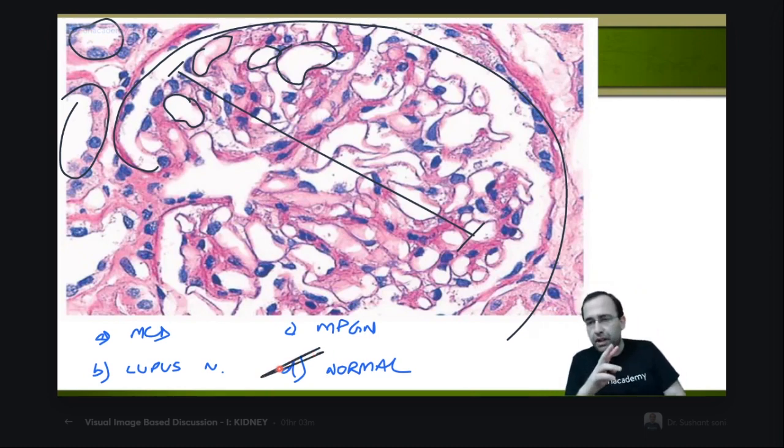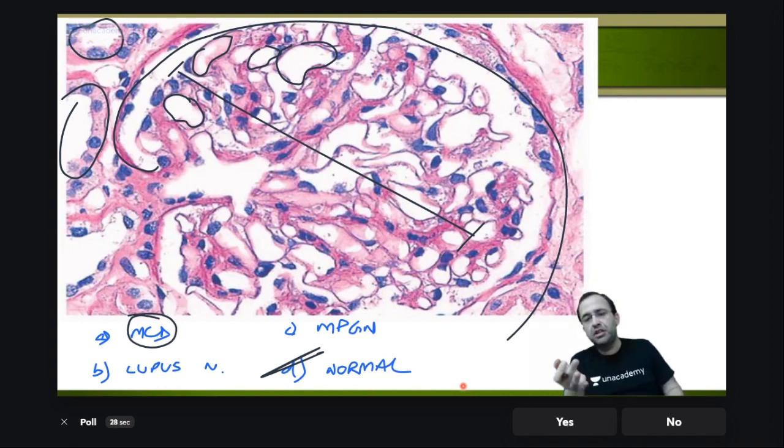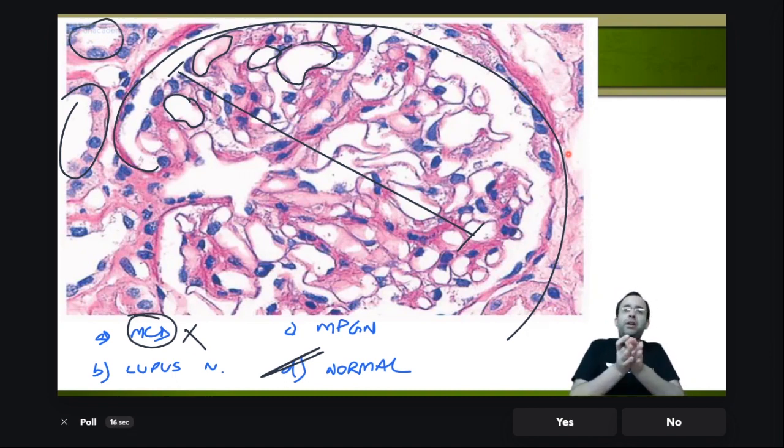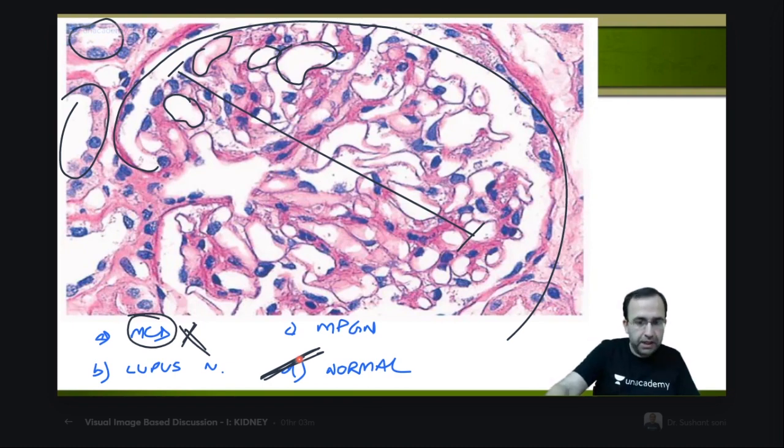I had few students tell me the answer as MCD. Sharvi agreed. You were thinking of MCD also on this. But you are given a light microscopic image. Can I ever make a diagnosis of MCD, minimal change disease, on light microscopy? Yes, no, everybody. Never, because MCD on light microscopy is unremarkable. Electron microscopy is the diagnostic hallmark. So on light microscopy, we can never ever think of signing as MCD. So the answer was no. Next point. That is why I gave you MCD as an option.